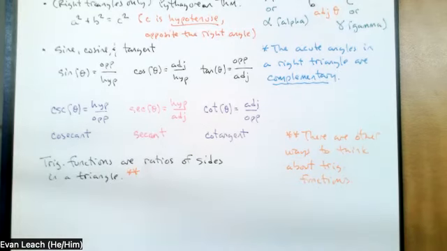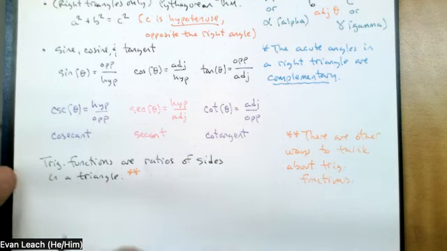So this is just where we're starting. We're starting with right triangle trigonometry. The reason I picked this is because I like this one. So if I have a triangle, like the triangle that I have up here with the sides,